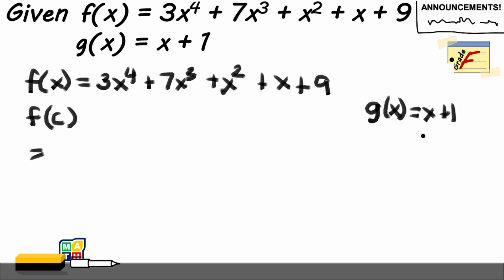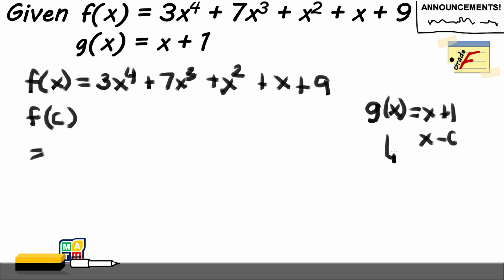But that certain c will come from here in this structure, x minus c. So if we are going to have a divisor in this structure, we can solve for c, or we can identify the c needed to be substituted here. Take note that c is not equal to 1. It is because our given divisor is x plus 1 and we're looking for x minus c.